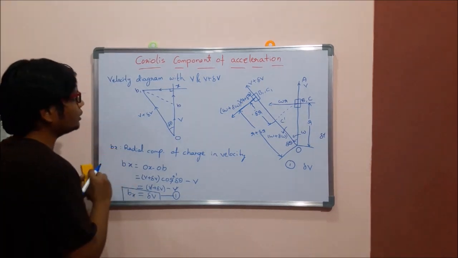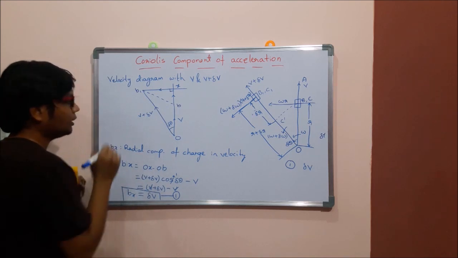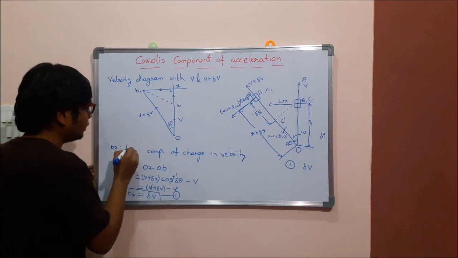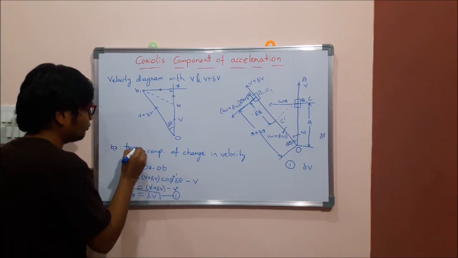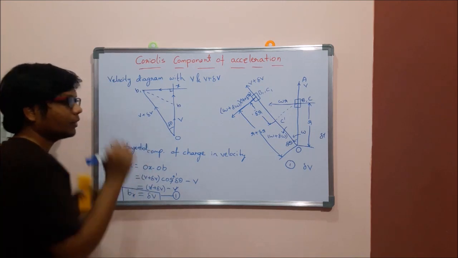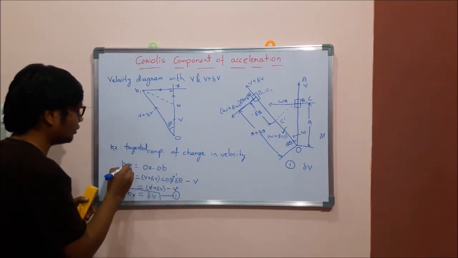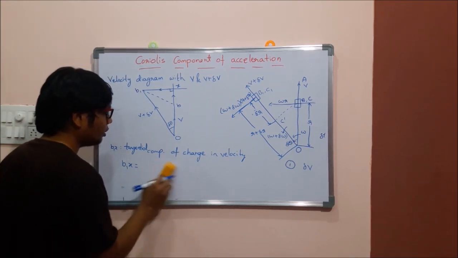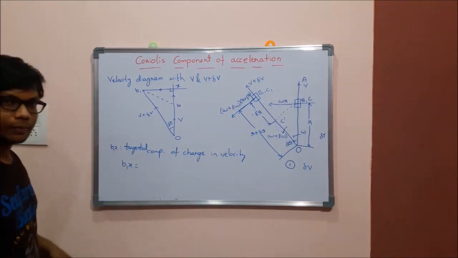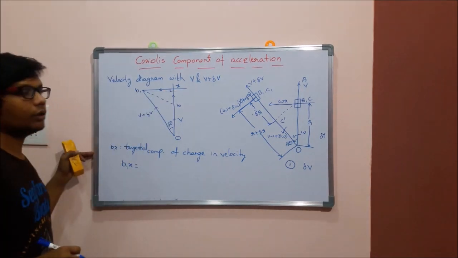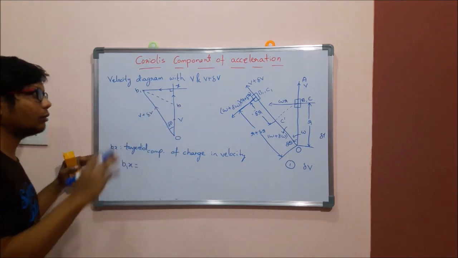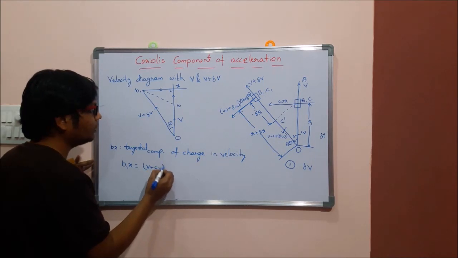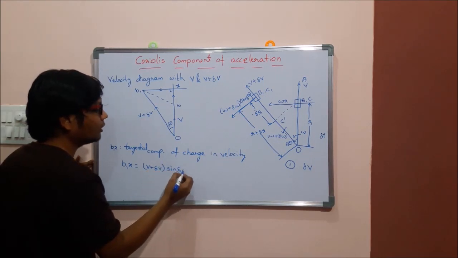So what is the tangential component here? b1x is the tangential component. So this tangential component, what can we write for this? Tangential component of velocity, that b1x is equal to what we can write here. Try to analyze from again the same right angle triangle, which is OXB1. So this b1x is the opposite side of the right angle triangle. That opposite side can be written from the sine rule as hypotenuse, which is v plus delta v, into sine of delta theta.